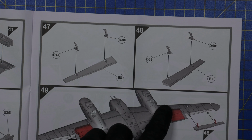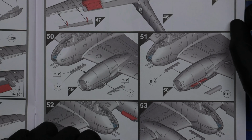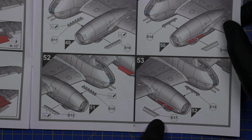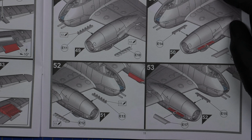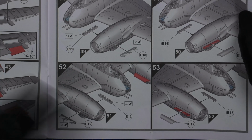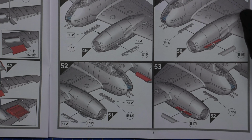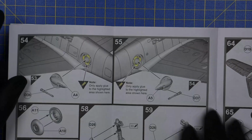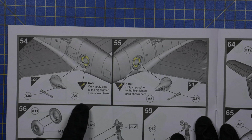Now you have the ailerons, those go in there, nice and easy. And then you have the exhaust and the exhaust covers. Now these, one might want to check whether they aren't too thick for what they are, because these are usually just a very thin sheet of metal that just goes over the exhaust port. So making them out of plastic, they are probably thicker than they were in real life. Anyway, moving on. Now you put in the gun ports, nice and easy,